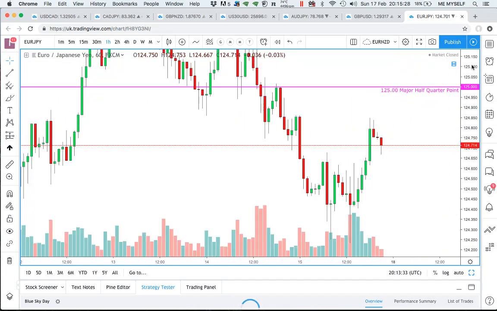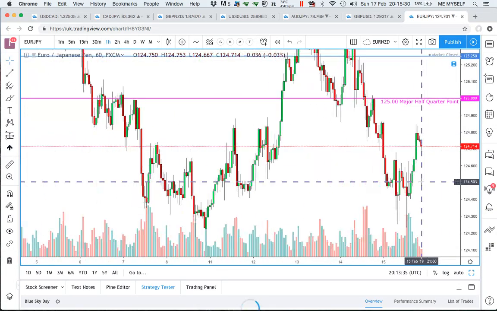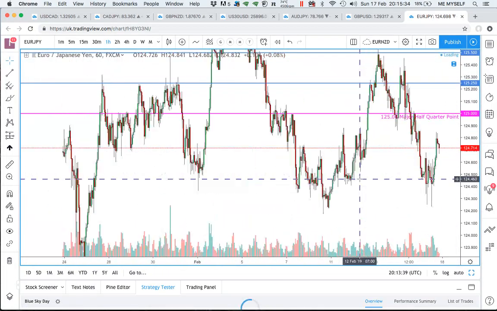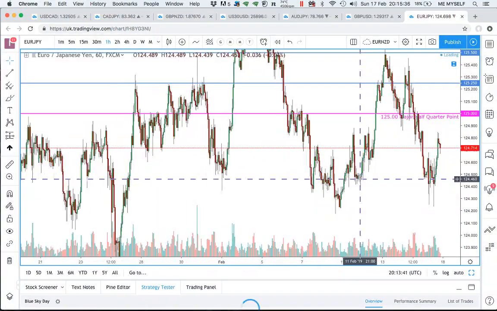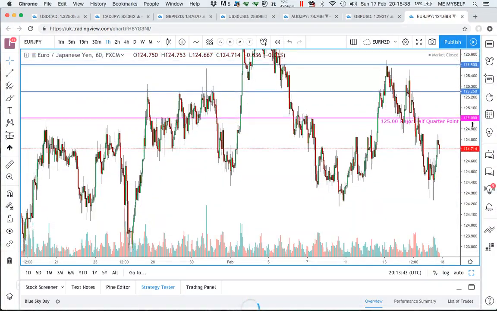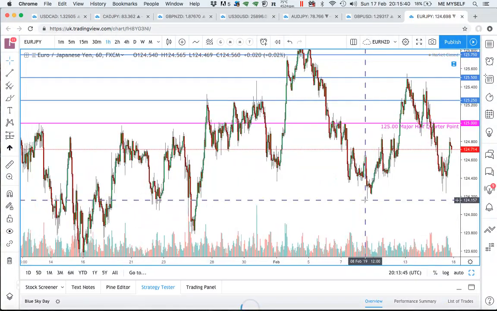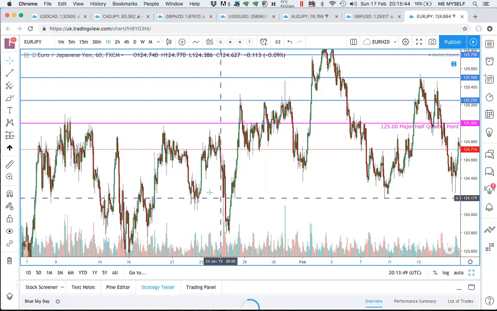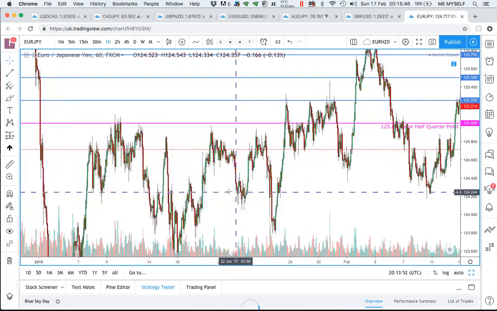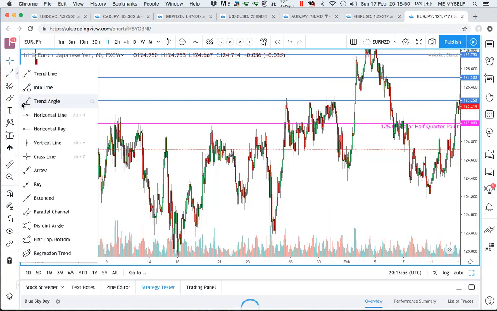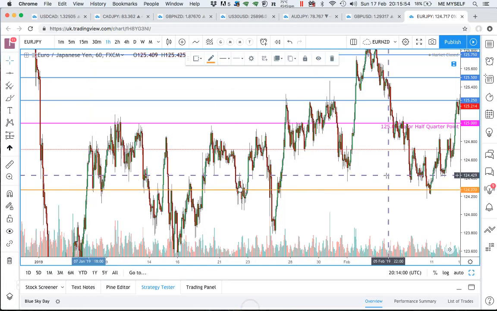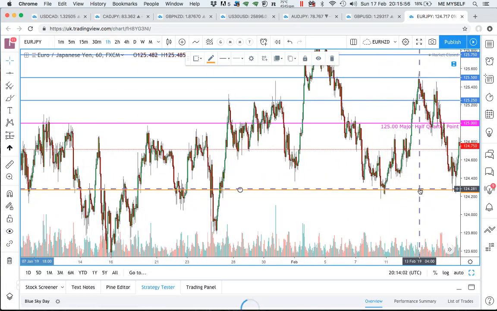All right, the reason I wanted to come on this TradingView chart is I'll be able to see support and resistance levels a bit clearer in the past as well. So if you're looking at support and resistance levels, you know I like to plot quarter point levels. So if we just plot a quarter point level here, right, the nearest quarter point